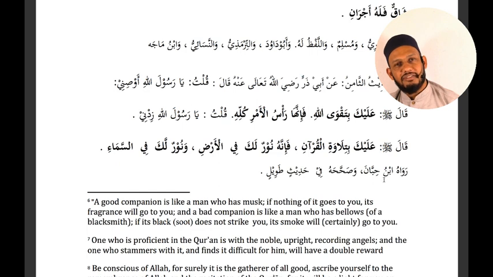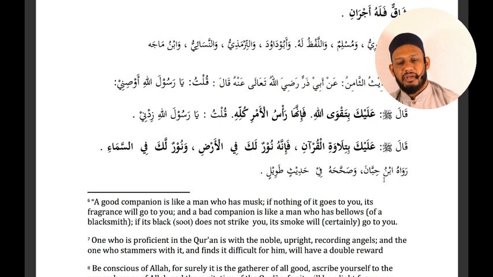And then the angels come to earth and they place love on earth in people's hearts for that person. Therefore, our pious awliya and salihin, you will find that they are loved by many people, because this is actually angelic love placed within them from Allah Ta'ala. Wa nurun laka fis sama, and it is a light for you in the heavens.